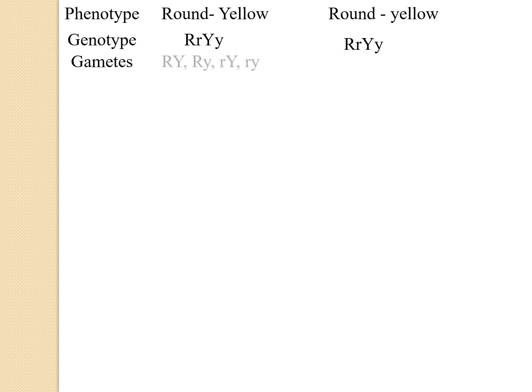Let's look at that. This is what I just now told. If you look at the first possibility, both the physical appearances are dominant, that is why I've written capital R, capital Y. The second possibility is the first is dominant, second is recessive. That is why capital R, small y. What is the third possibility? The first is recessive, second is dominant. That is why small r, capital Y. And the fourth is both are recessive. That is why both are small.